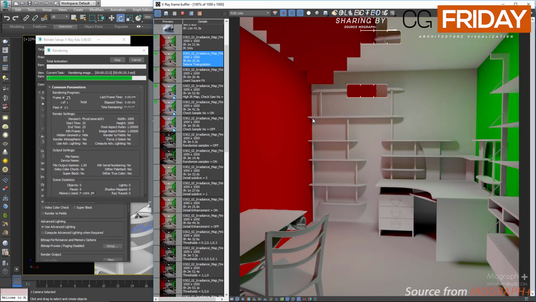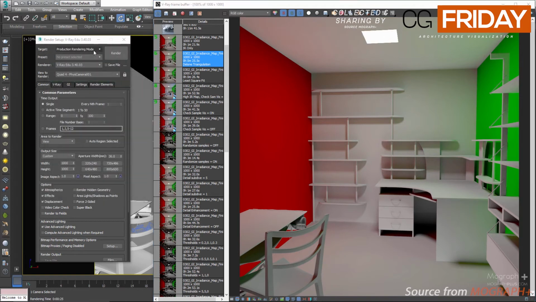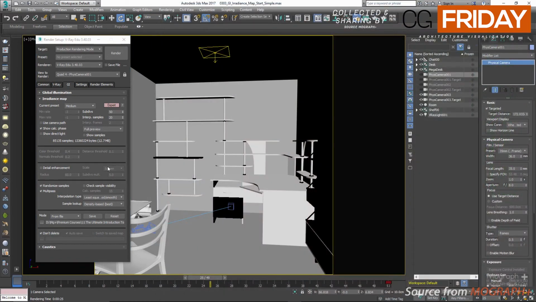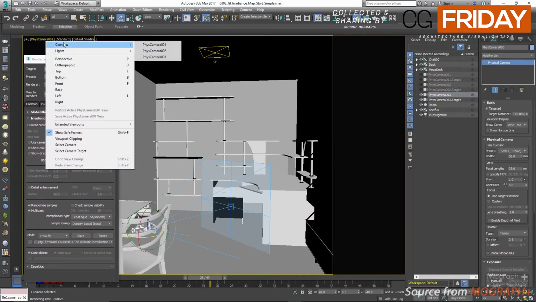Next we have add to current map. It's like multi-frame incremental, but in this mode an entirely new map will be created at each frame and added to the resulting map of the previous frame. So if I activate my third camera and select it in the Explorer,